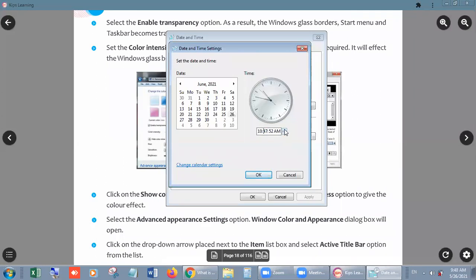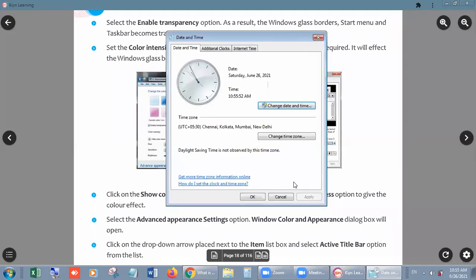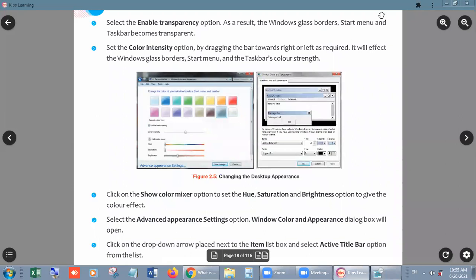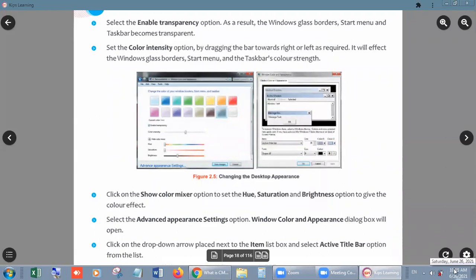And you can use these two buttons also. It is for increment, it is for decrement, like this. Suppose I make it 10:55 and OK, and then OK.